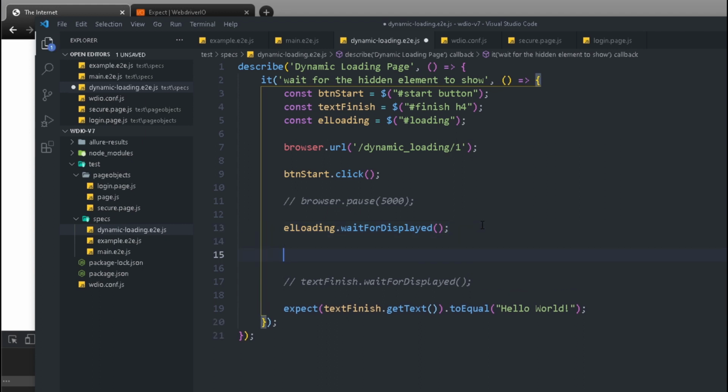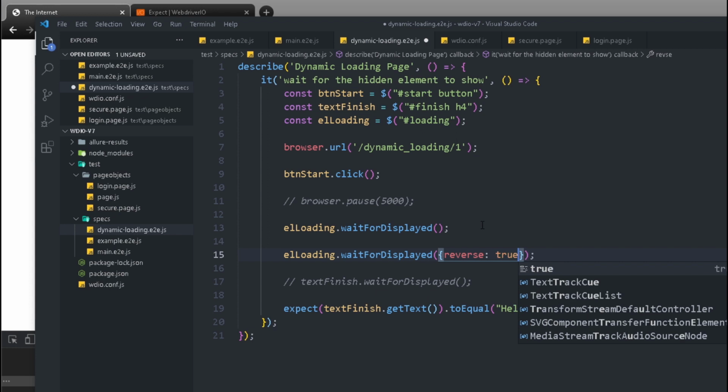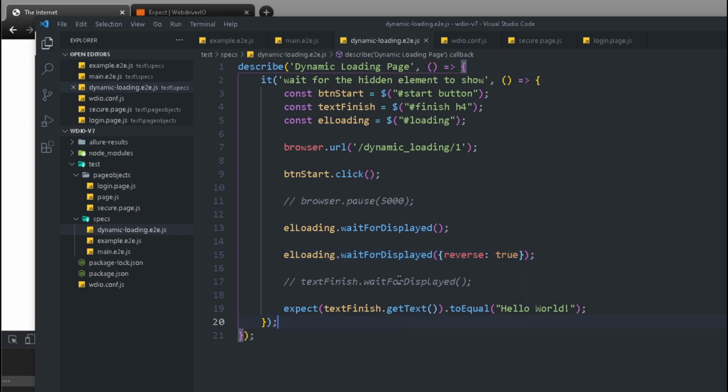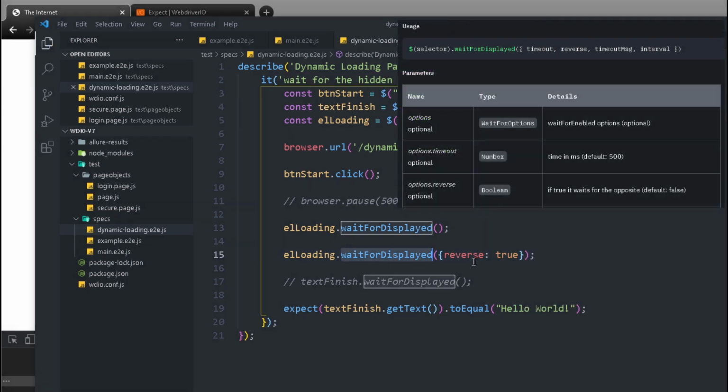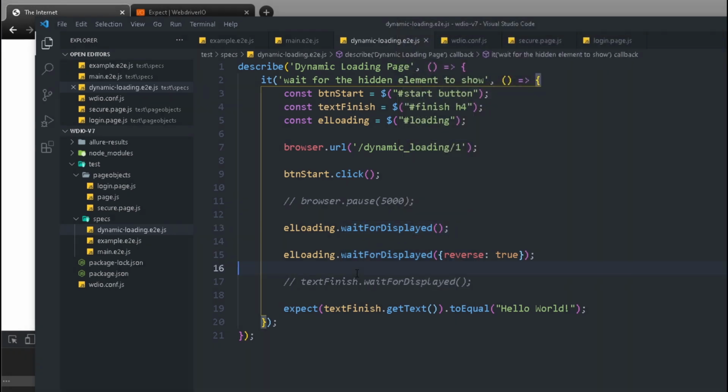So the way we can do this with WebDriver IO is I can do the same thing, and I can use the exact same command, which is wait for displayed. And here I can pass in a reverse flag. So I will say just do the reverse of the command that I'm passing in. The command I'm passing in is wait for displayed. The reverse of that would be wait for not displayed. So it's going to wait for this to be displayed, then it's going to wait for it to not display. And the moment it disappears from the screen, it will go ahead and try to implement this. So let's run this and see if this works.